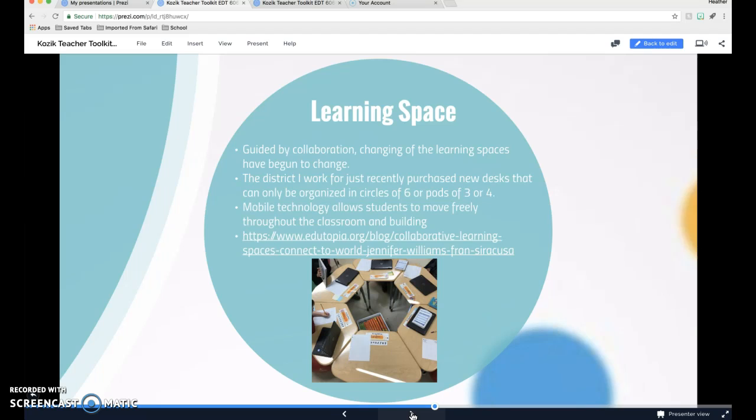But these desks can only be organized by circles or pods of 3 or 4. You can kind of see they're trapezoid shaped, so they don't do really well in rows. We currently have some students who are misbehaving, so we've moved them out of their circles and into rows, and it's an absolute nightmare. We can't wait to be able to move them back into their circles. But it really gets them involved with each other and makes for some great conversation during activities, being that they're already in groups, and then we always have them move around the room so they can join other groups, and it's a great fit for a collaborative learning environment,